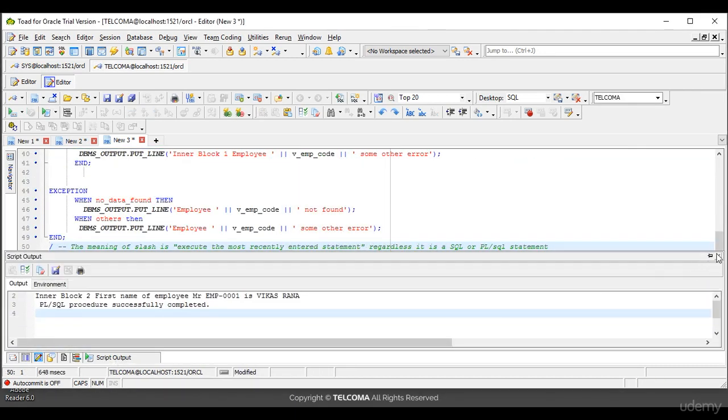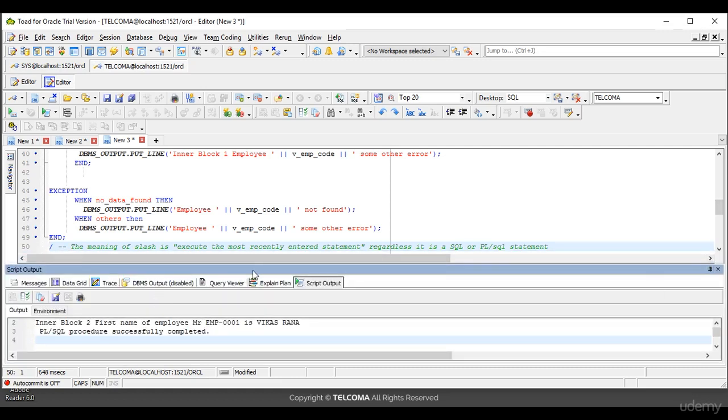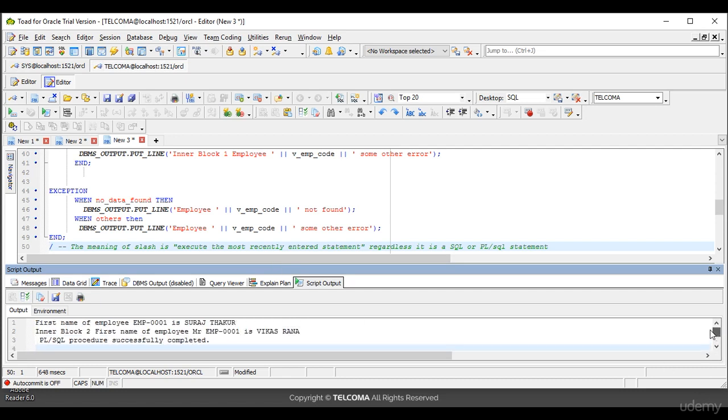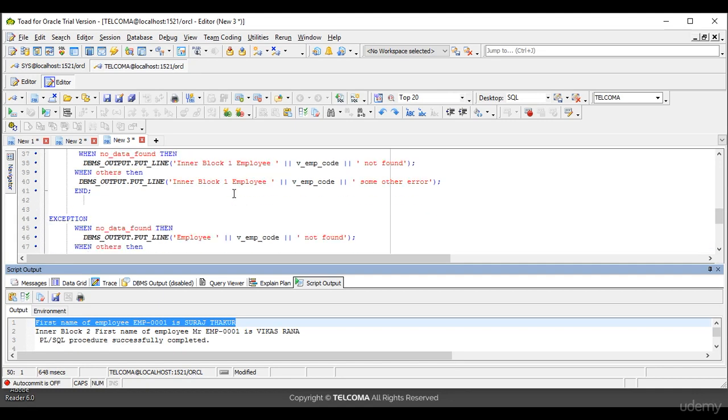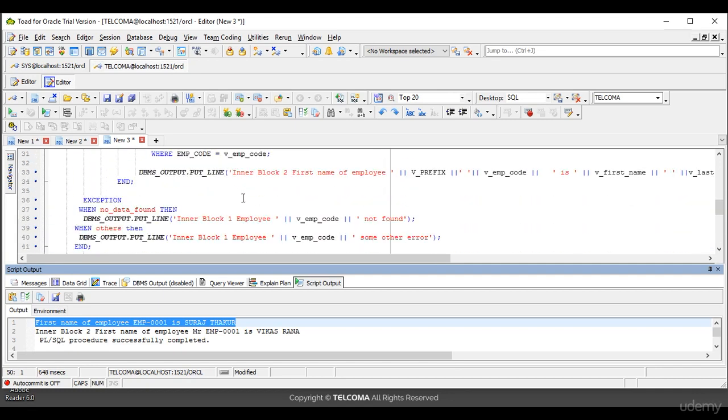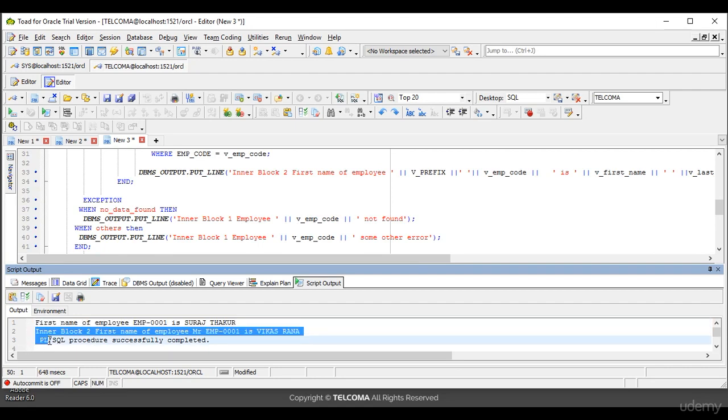The block is successfully executed. So let me show the output. First time when the block is executed, the first name of the employee is Suresh Thakur. After the update, we haven't set any DBMS output, so we haven't got any output saying that inner block 1 is successfully updated. If you want to check, add one more DBMS output. Then inner block 2 is executed,